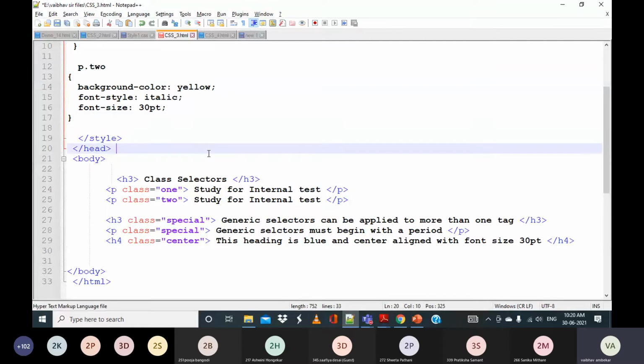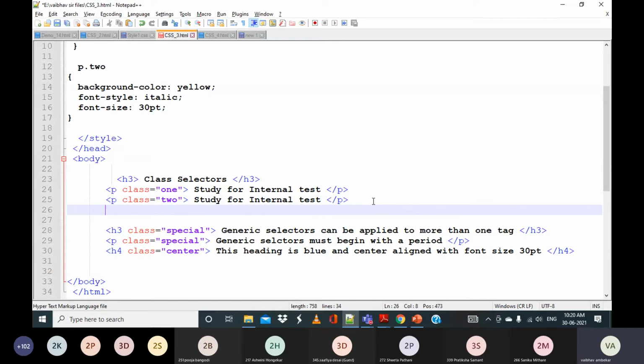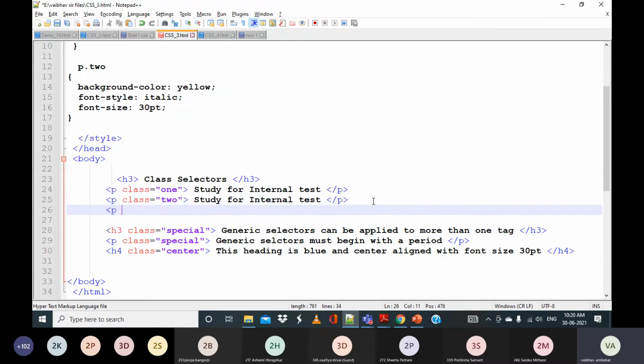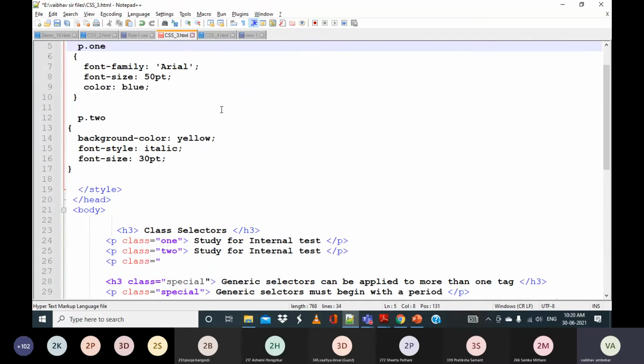Now in this particular paragraph, how to specify it? Open the paragraph P, then say class equal to, whatever class name I have given. We have considered paragraph with two classes, p dot 1 and p dot 2.